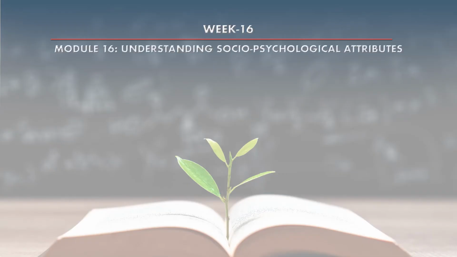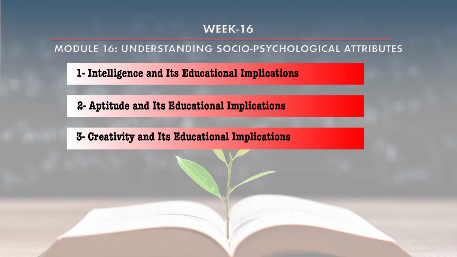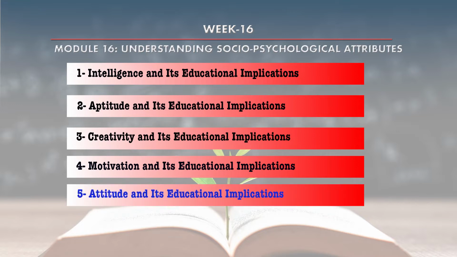From that course, presently we are in the 16th module. The title of this module is Understanding Socio-Psychological Attributes, and in this module 6 important lessons are there. The lessons are intelligence and its educational implication, aptitude, creativity, motivation and its educational implications, and further attitude and its educational implications. Already we have discussed the 4 different lessons, that is the different socio-psychological attributes just like intelligence,